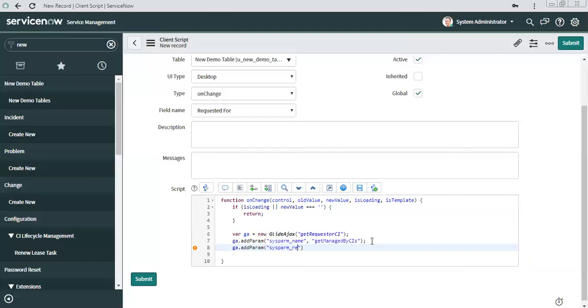So basically, I am calling this script include and inside that this function, and I am saying return me the value of CI for the user, which user, g_form, or we can use the new value, the user which is currently selected.